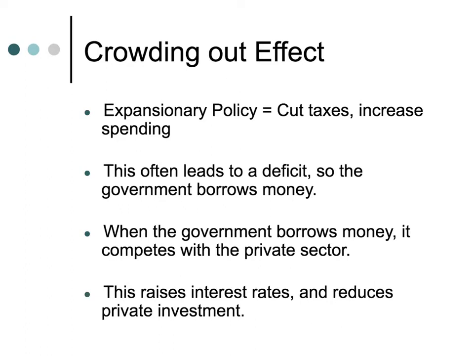So when the government borrows the money, it competes with the private sector in the loanable funds market, because there are a lot of people demanding, and the government demanding loanable funds. When one of those groups, either the private sector, such as regular people, or the government, wants to borrow money, that increases the demand for loanable funds. So when this happens, this raises the interest rates, which we're going to show graphically here in a minute, and reduces private investment, which means that there's less loanable funds left over, or at least at a higher interest rate,